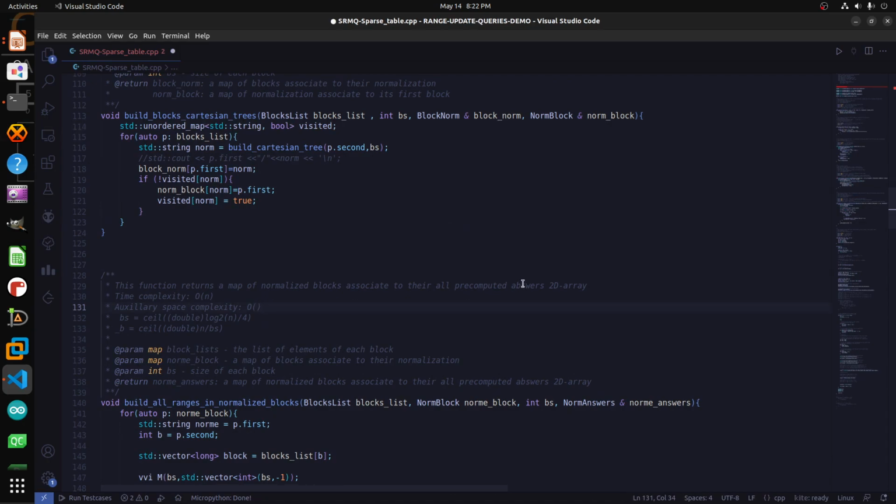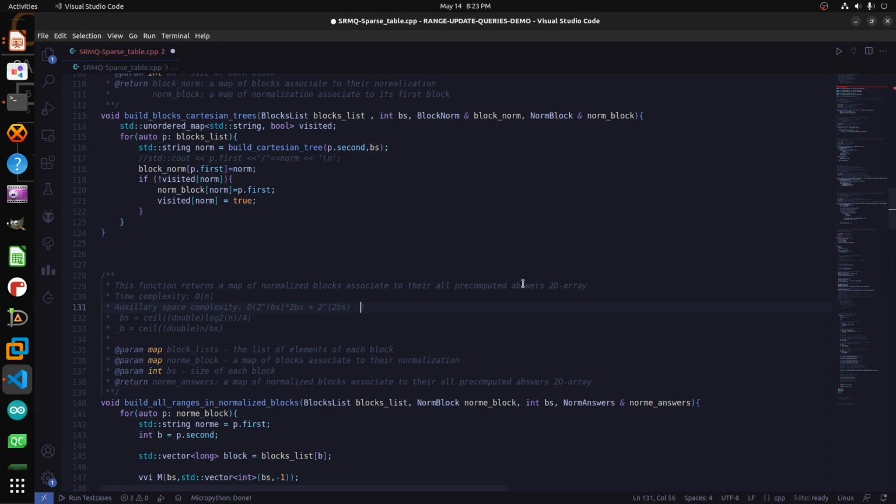Okay, this will be space complexity 2 power bs times, this is the number of types, times 2 times bs for each bit, for each character here, plus 2 times bs power 2 times 2 power 2 times bs